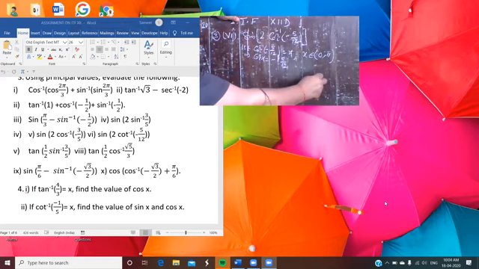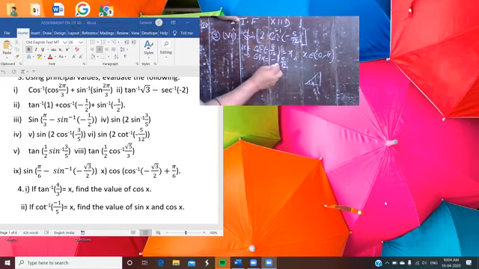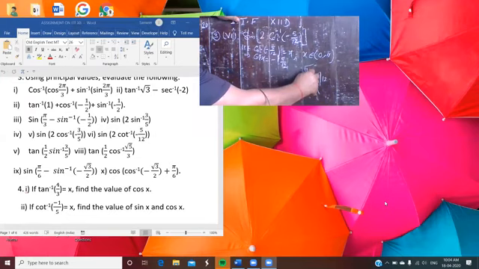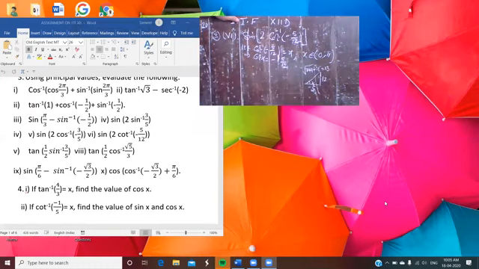So with the help of a triangle you can find its value directly. So here if you write x, cos is base upon perpendicular, so here you can write minus 5 and here you have 12, so that is 144 plus 25, so that is 13. In this way, you have the value of sine x. So the value of sine x is 12 by 13, and the value of cos x is minus 5 by 13 in this given interval.